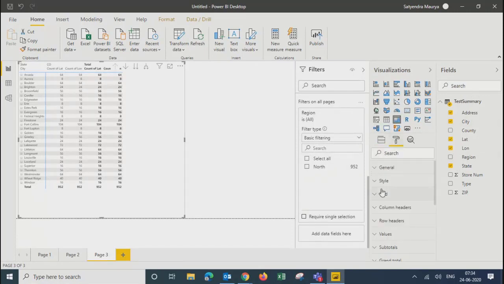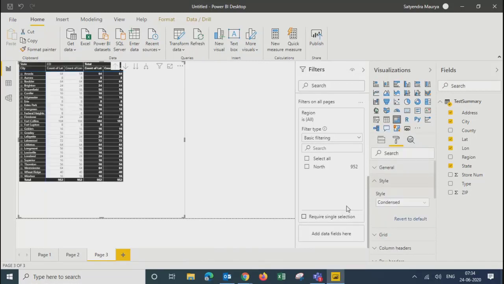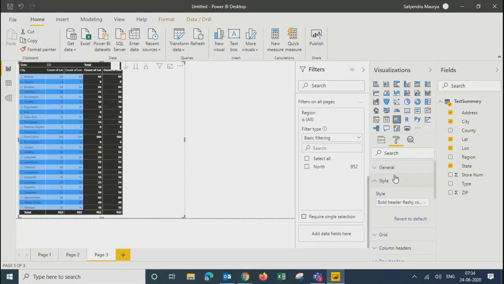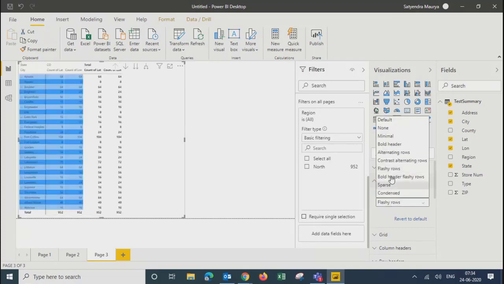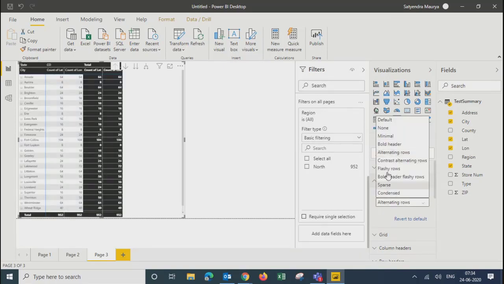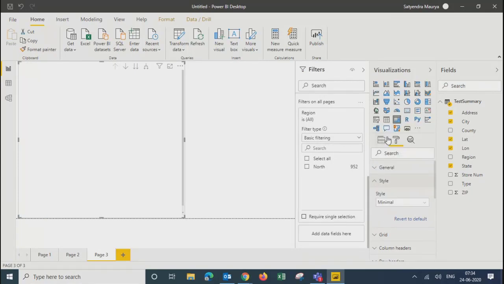Maybe if you want, you can change the style of this table so that it will look a little better. Not that. Yeah, either this, or let's say what is there in the minimal.